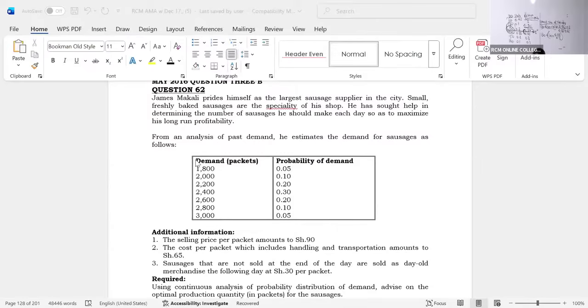Whipping wamekataa. Dominic anasema 6 of the best, na ifanye the joke to Dominic. We have to pray to God that everybody shall pass. AMA is not a paper you should fail, because let me tell you a secret, even here, there must be somebody who has failed this paper 6 times. Even here, if people were to be honest, 4 times, it's a bad paper. If you fail, you can't fail only once.